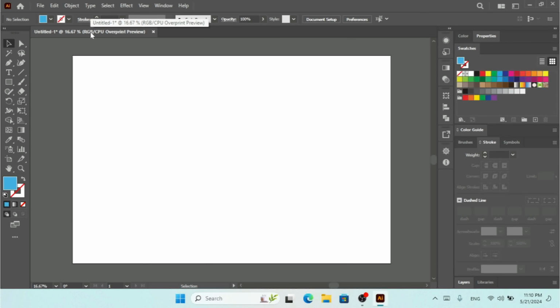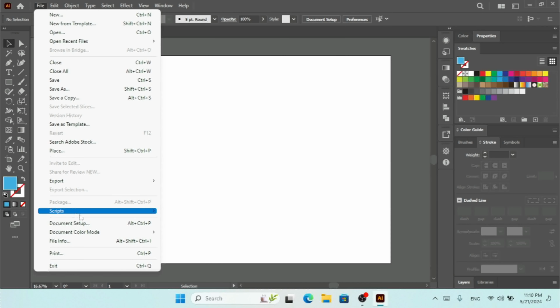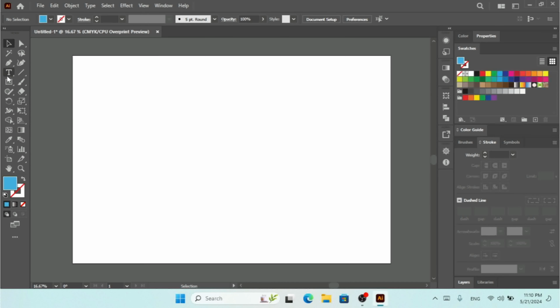So how are you going to change your document color mode? If your document is RGB and you want to convert that, under the file menu you can find this document color mode. So here you can click on the CMYK color. But if there is artworks